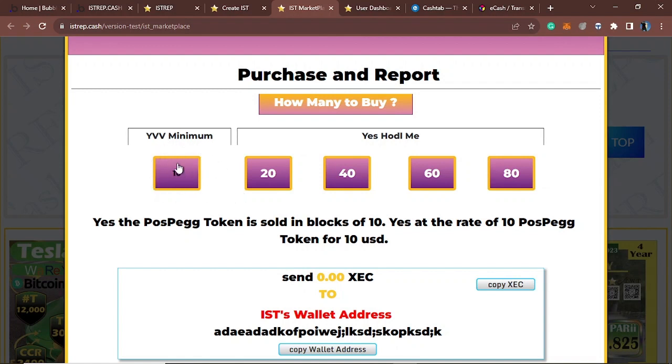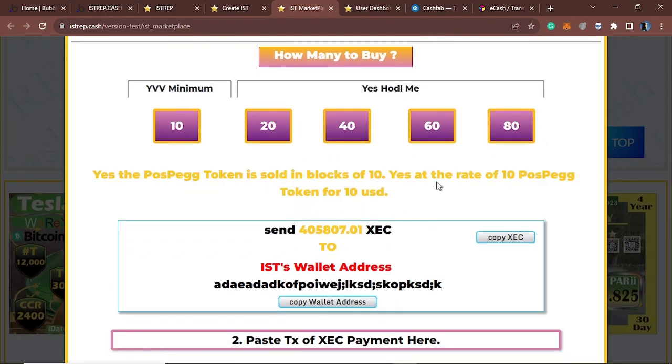So you can go ahead and press that 10 right there, or you can press the 20, the 40, the 60, the 80. Yes, you are locked at 80 at a time, because you really only need 10, and you get a lot of